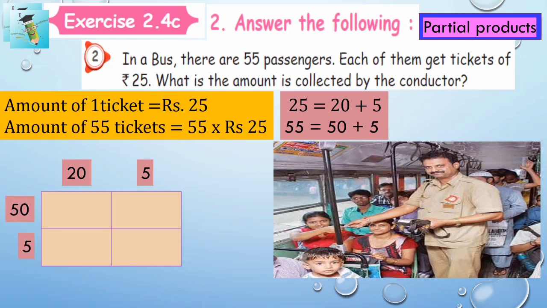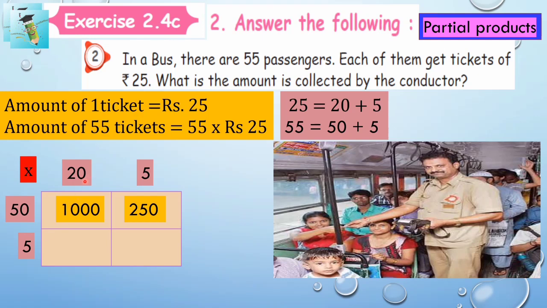Okay? Good. Now we are going to multiply these two numbers, 50 and 20. How many zeros are there in these two? 2 zeros. Very good. So when multiplying these two, 2 zeros and remaining 5 2s are 10. Writing it like that makes it a little easier. Now next one is 50 and 5. How many zeros are there in 50 and 5? Only one zero. So keep that one zero in mind. So remaining 5 into 5, 5 5s are 25. So answer is 250.